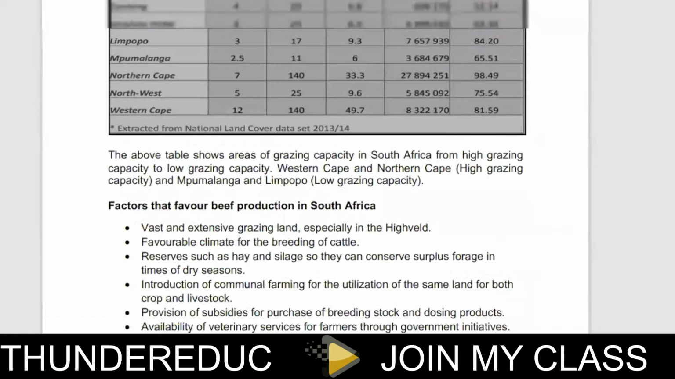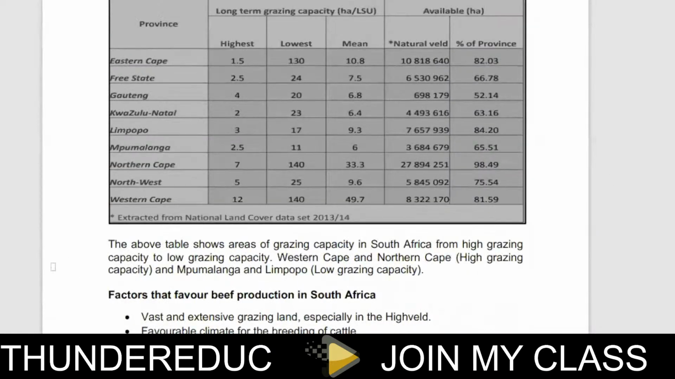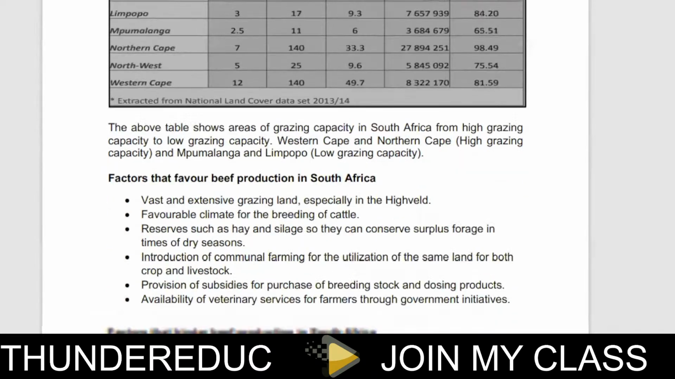Okay. So what does that mean? It simply means the table shows the area of grazing capacity in South Africa from the high grazing capacity to the low grazing capacity. Western Cape, Northern Cape, Mpumalanga, and Limpopo have the lowest grazing capacity. Okay, most especially Mpumalanga and Limpopo has the low grazing capacity. That means less animals are kept there. But now,